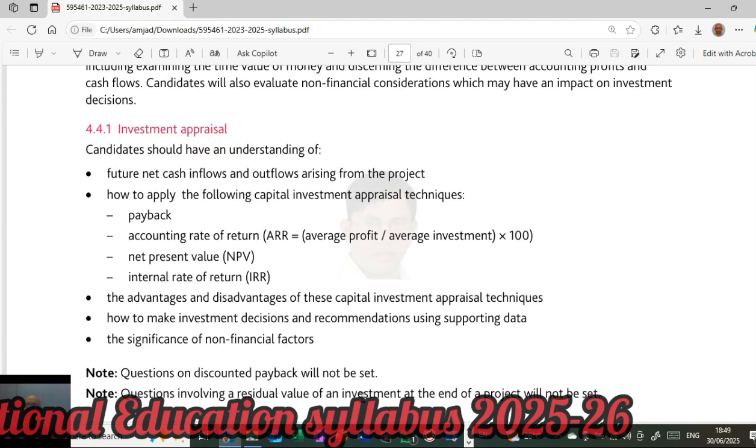Questions involving working capital and investment banner will not be set. It's very simple, scoring, and very interesting. If you get a question from this, you'll be very happy. If you understand the topic, it comes in even in business studies as well. Questions related to this are asked in business studies also. So it's a very important topic for you to learn and enjoy. So keep learning. All the best.